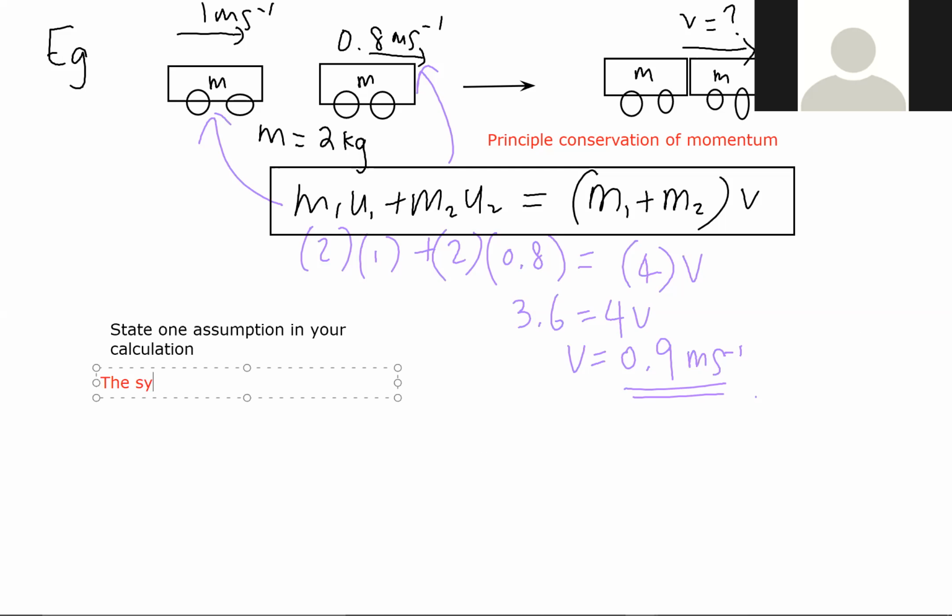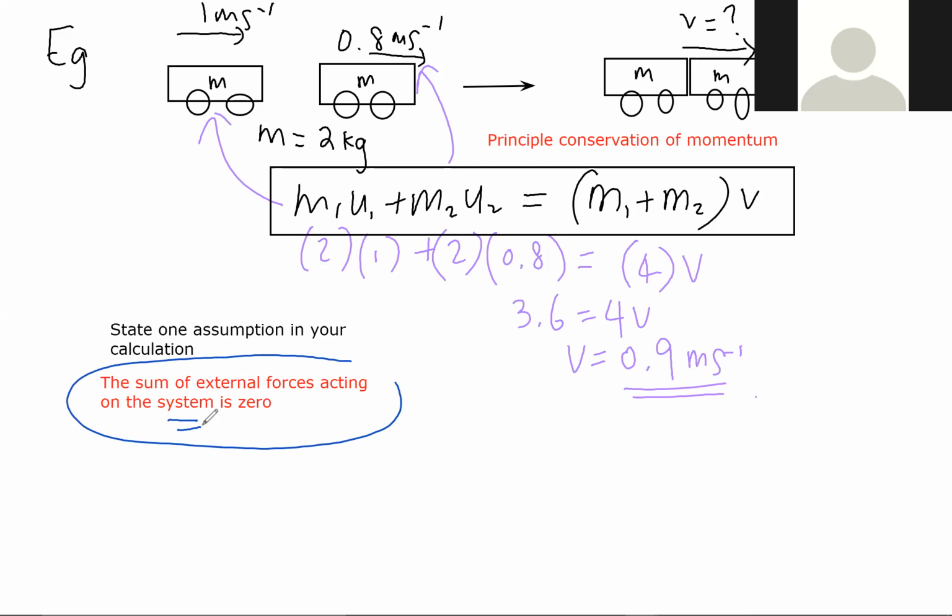the sum of external forces acting on the system is 0. Okay, what does this mean again? The sum of external forces acting on a system. A system means this scenario. This whole thing, we call it a system. This scenario, this event. Okay, so the sum of external forces